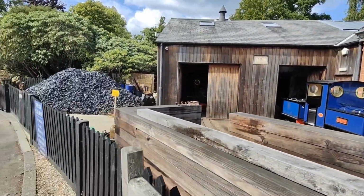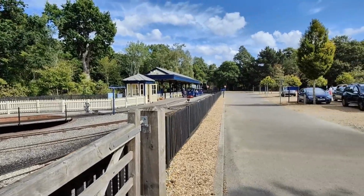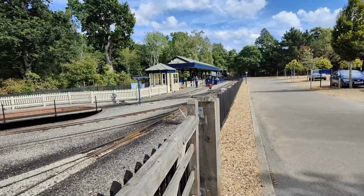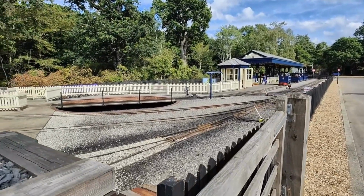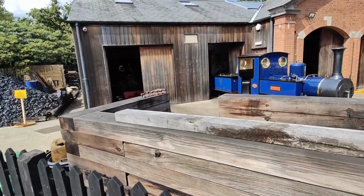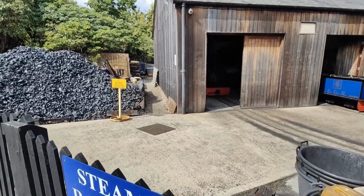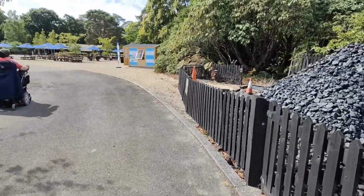Proper coal fired. Although I believe they're using the diesel engine at the moment, and the reason for that is obviously because of the extreme dryness that is around. It doesn't produce the sparks and stuff that a steam engine would produce, so that stops the risks of fire, which is obviously very important. So be aware, sometimes they use the diesel. Anyway, we're walking round